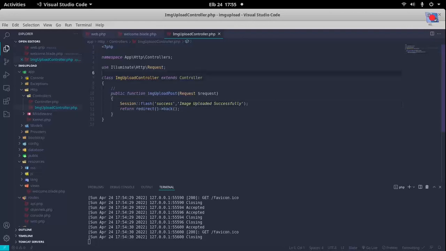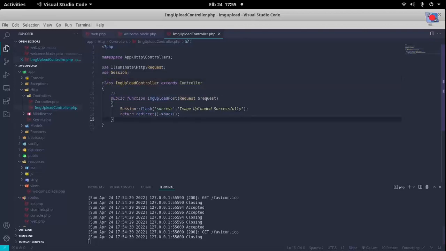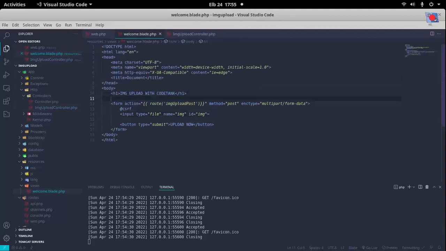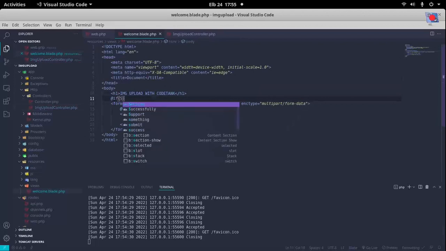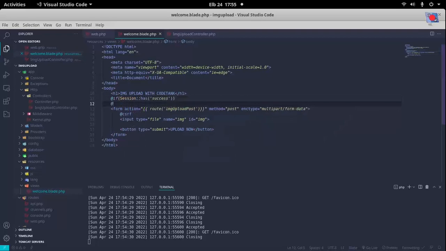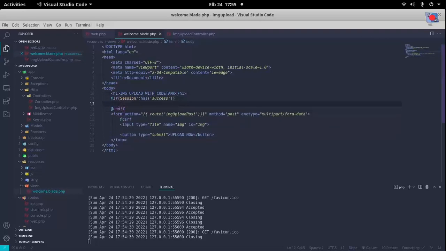And let's use session. All right, so how do we display this session message over here? We'll need to check if the session has success, then we display it. So if session has success, then we'll have p tags, and then